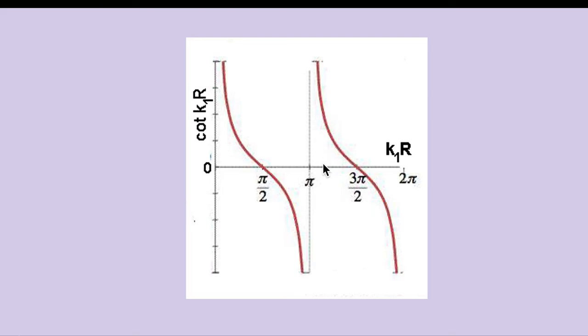And again, when pi is greater than 0, the value changes from negative to positive. So in quadrants, you know that in the first quadrant, 0 to pi by 2, cot is positive. In the second quadrant, as you know, only sine is positive, cos is negative, so it is becoming a negative value. And in the third quadrant, both cos and sine are negative, so this is becoming positive. And the fourth quadrant,